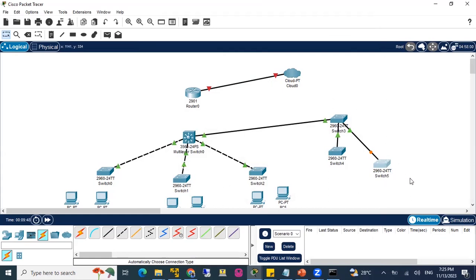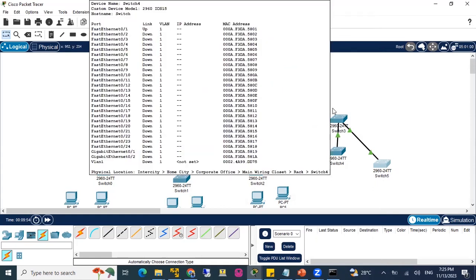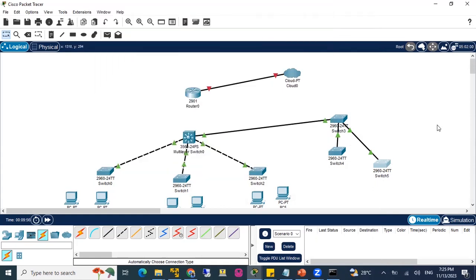Now, if you do from here to here, and then from this side to this side, it means that if there's a break in the middle, all the floors will go off. Similarly, if there's a break in the link between this side and that side, it means that everybody here will go off. Everybody down there will go off. So this is the topology for network